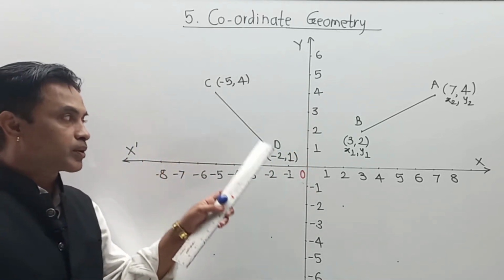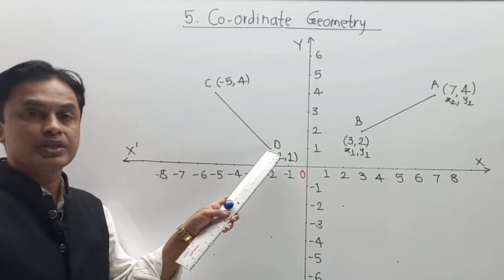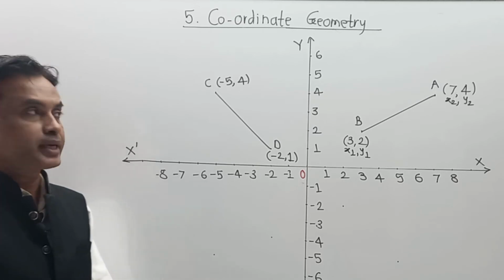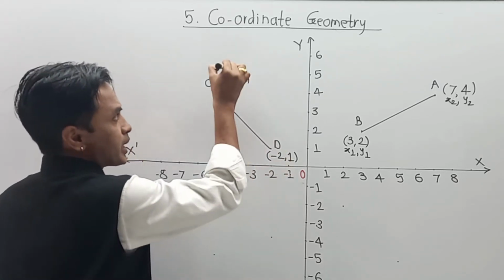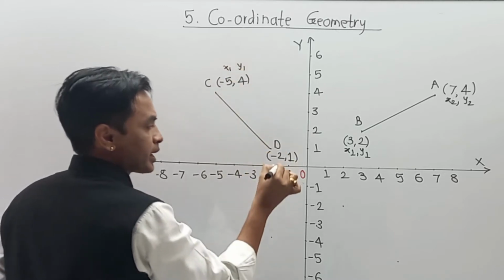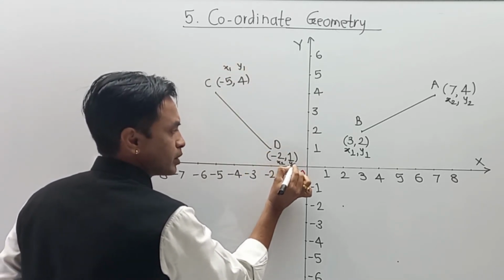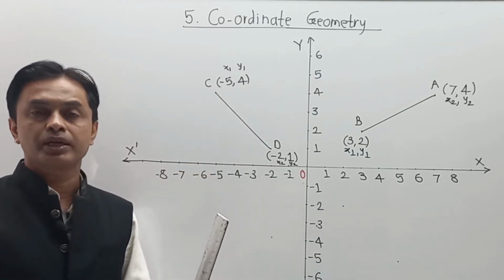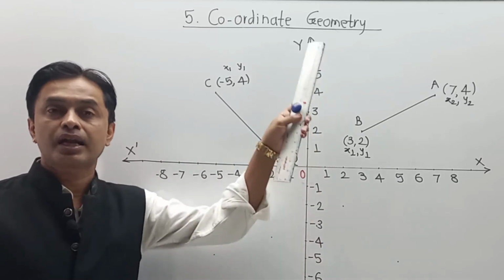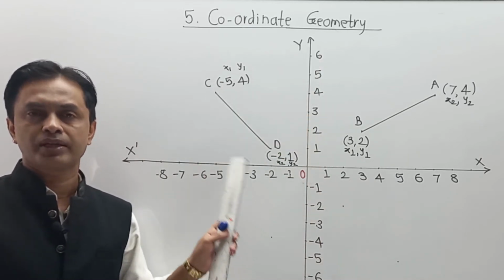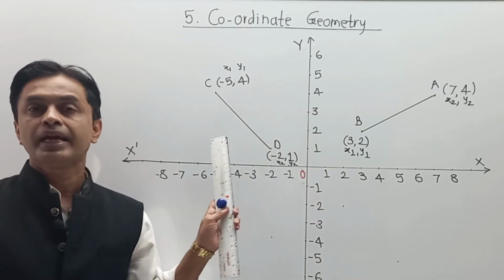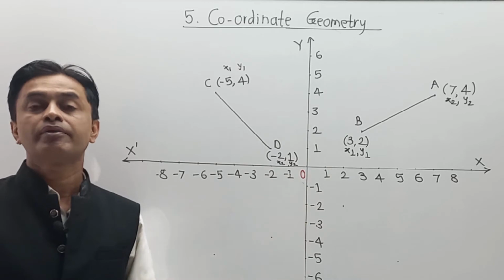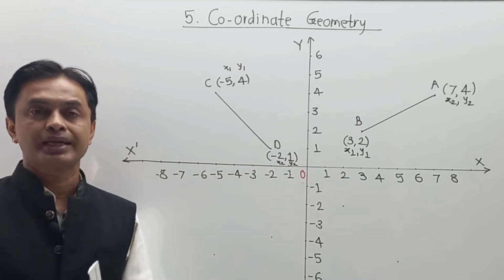Now, again, if I want to calculate the distance between 2 points, that is the distance between C and D, we are using one formula. That formula is called the distance formula. In that case, again, any point you can indicate as x1, y1, and any other point you can indicate as x2, y2. And in this way, you just highlight x1, y1 for the first point, x2, y2 for the second point, and you are not supposed to draw either a graph or the actual inclination of a line. You simply draw a horizontal line indicating the first point as x1, y1, the second point as x2, y2, and we are going to calculate the distance between those points.